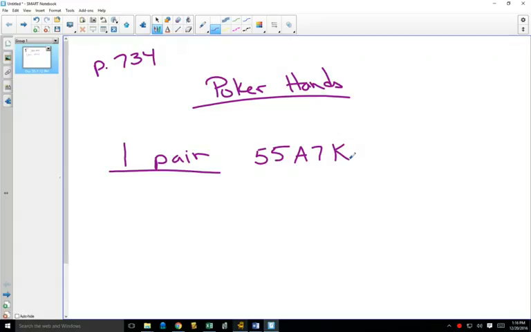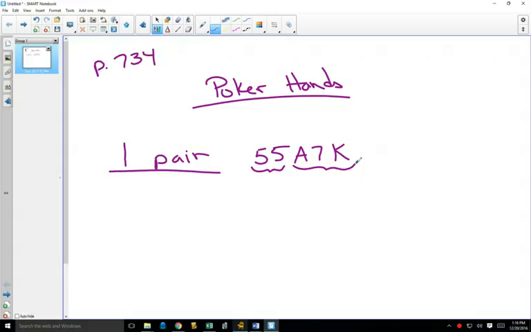Well, one of the things that we're going to do is look at the different groups that we have here. Can you see that we're going to have a pair? This will be one group of 2, and then there's 3 single cards. And in counting poker hands, you're going to count groups that are the same size at the same time with